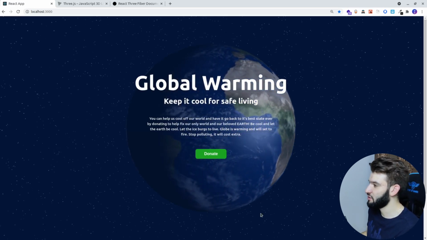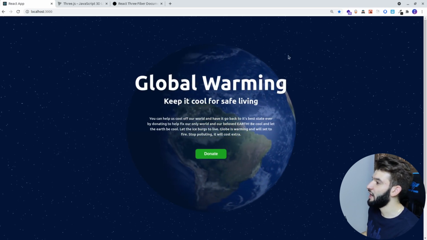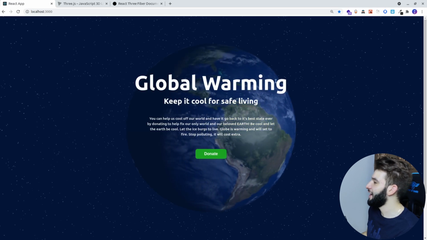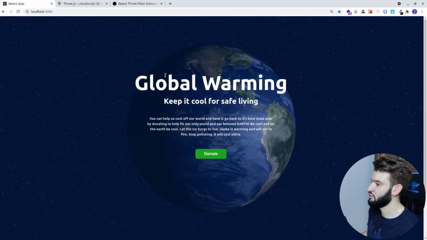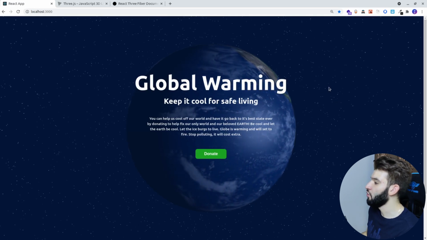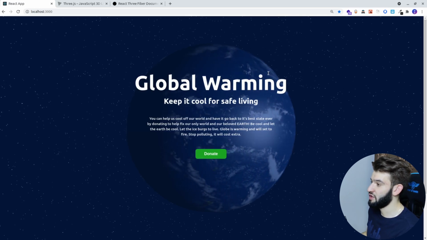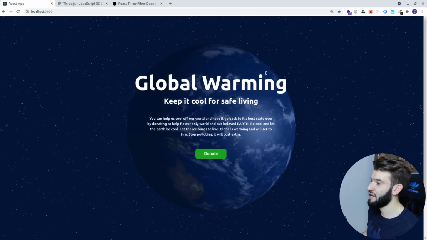And of course, eventually we're going to create this not yet simple, but powerful and really cool global warming landing page for you guys, just to understand how to put all of that together with this canvas and how to make it work nicely together with 3D work with Three.js and React